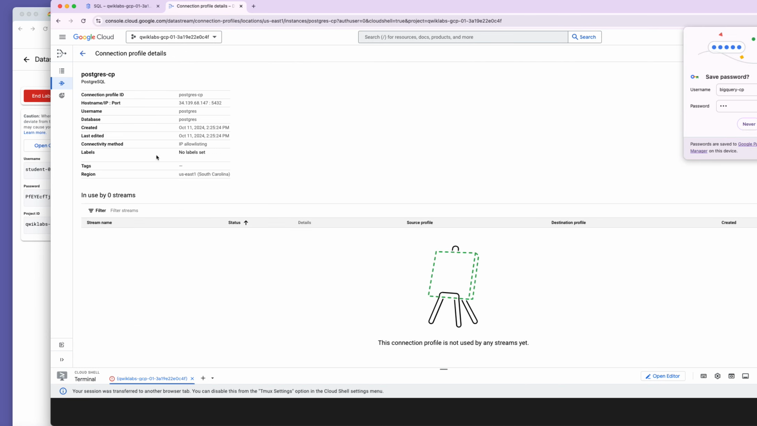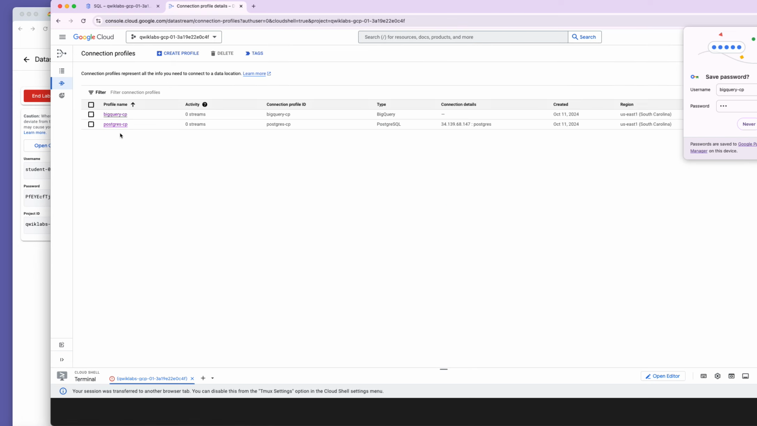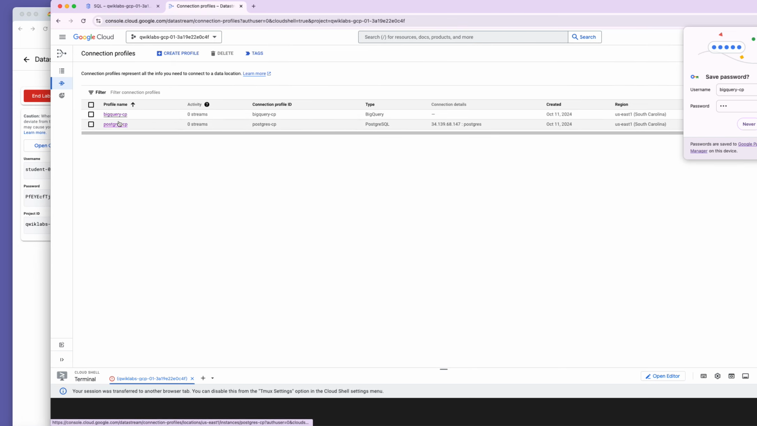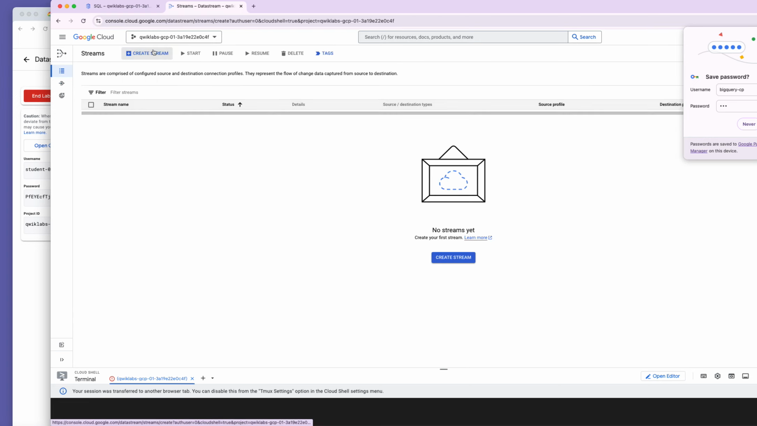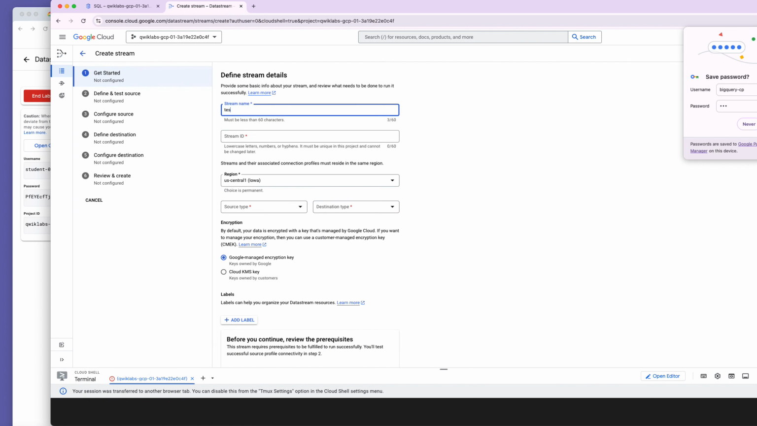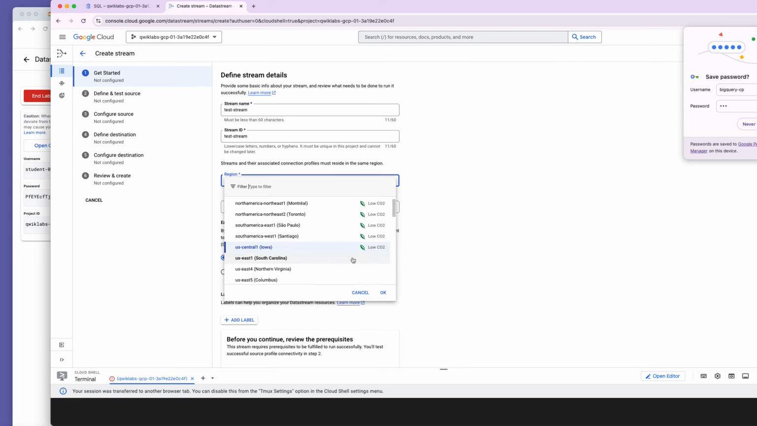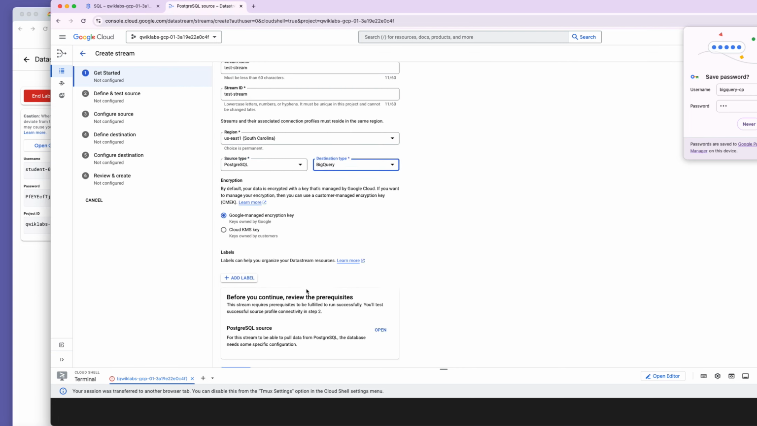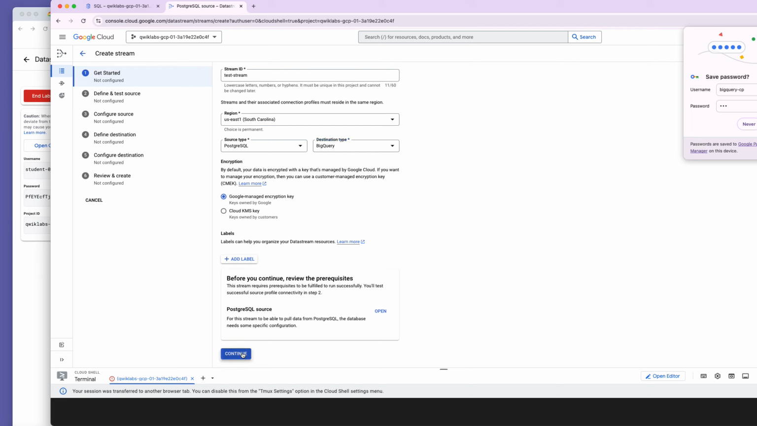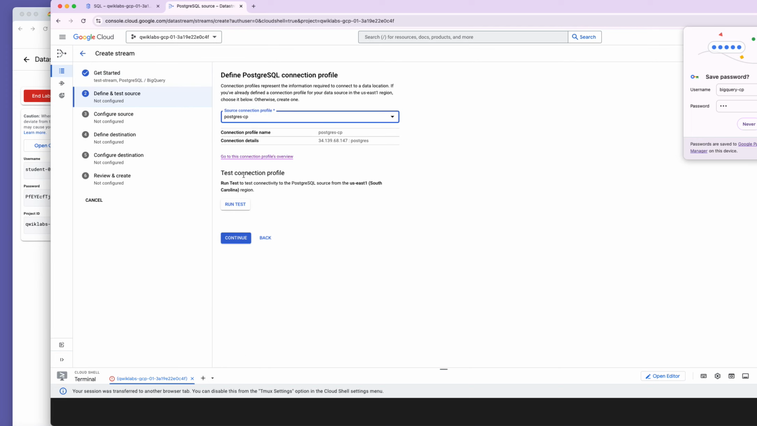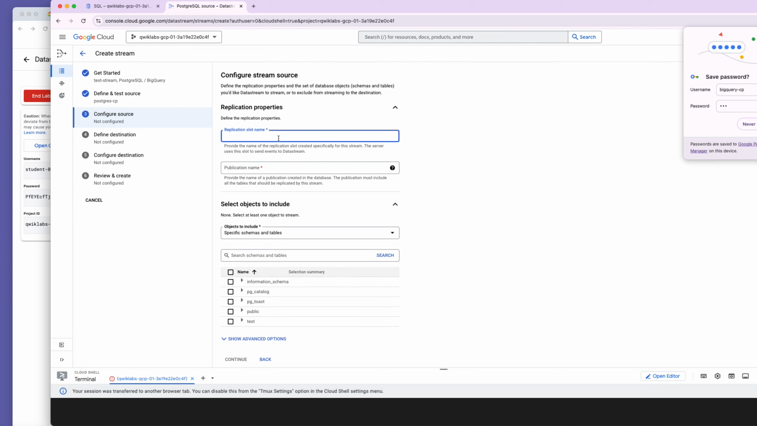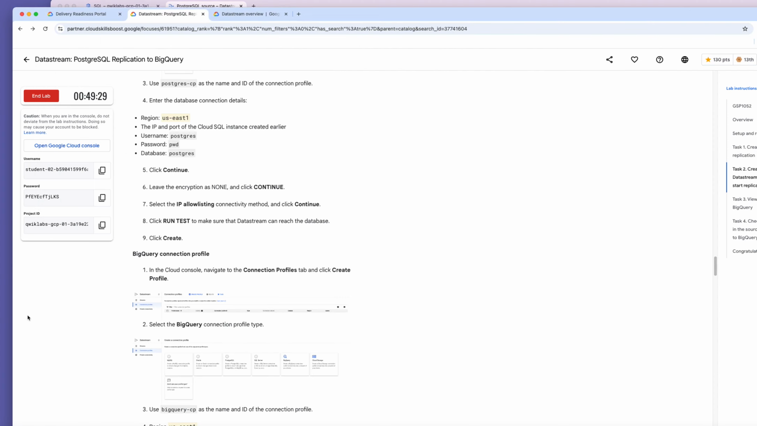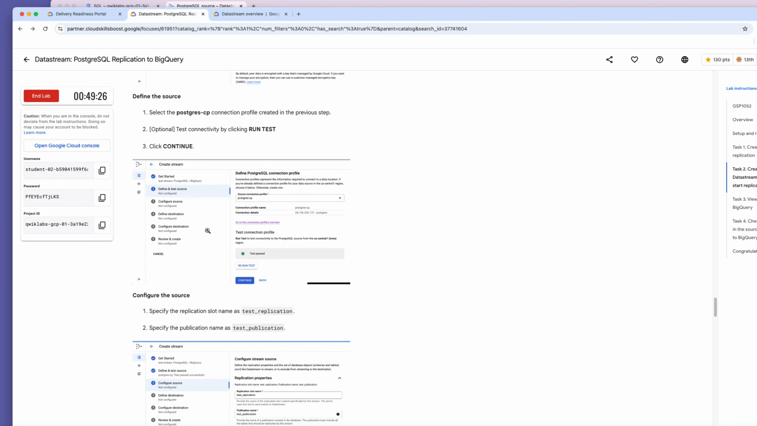Now the connection profiles are created for the Postgres and the BigQuery. Now we're going to create the stream. You can see in here, we're going to call it test stream, US East 1, same region, Postgres to BigQuery, and continue. We're going to use Postgres. And, oh, we do have to create the replication slot. So in our commands,